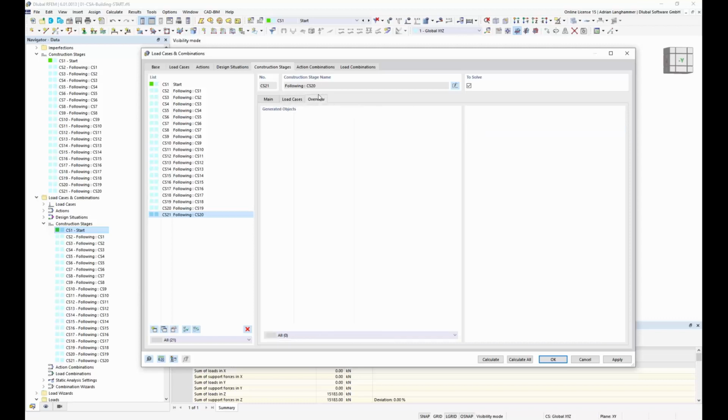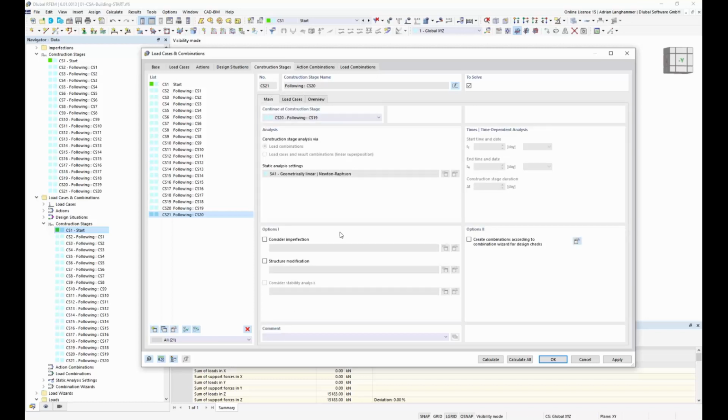The next register is an overview regarding the generated or defined combinations. At the moment we did not define any combinations, so this is empty, and you will see the elements here after the combinations are generated. Back to the main register, we have now defined the loads for the construction stages,